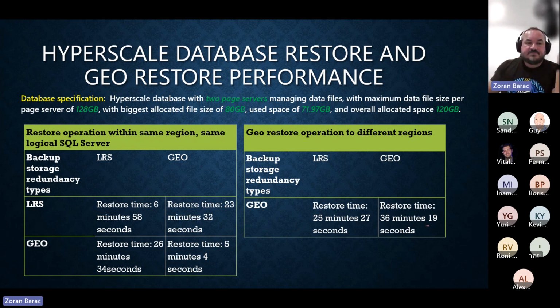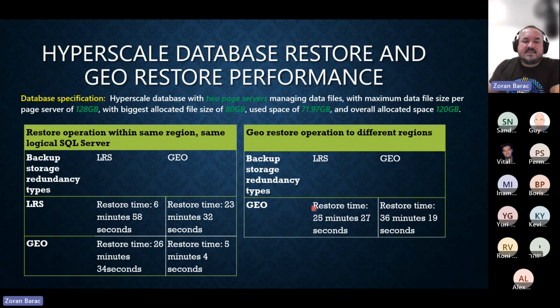The second way of doing it is the geo restore operation to a different region. There is no way to do that with the same logical server, because it's going to be a different region. Obviously, if it's a geo restore, it needs to be somewhere else.